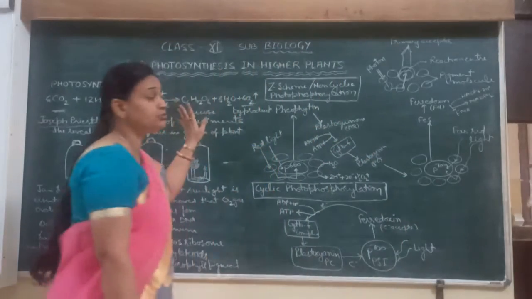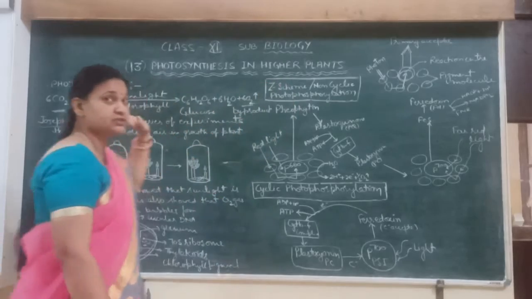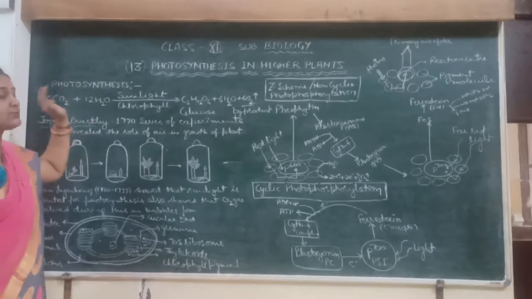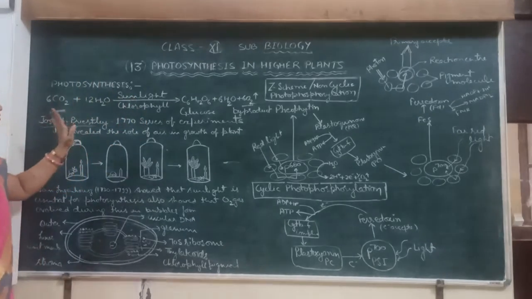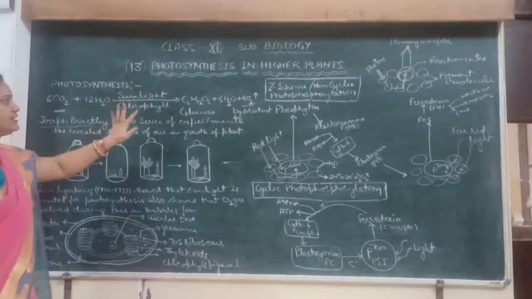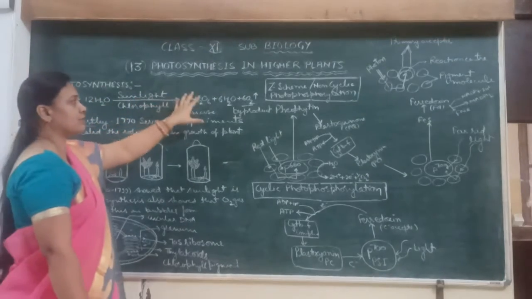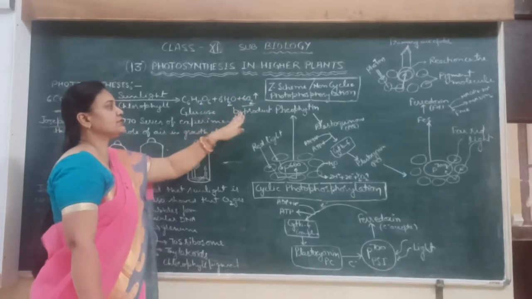Today we will start a new chapter, that is photosynthesis in higher plants. So first you have to know what is photosynthesis. Photosynthesis is the process of making food in the plants with the help of carbon dioxide and water in the presence of sunlight and chlorophyll, and the product of photosynthesis is carbohydrate, glucose, and oxygen is liberated in the form of